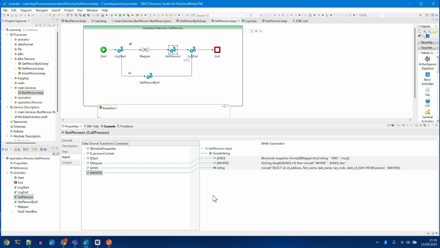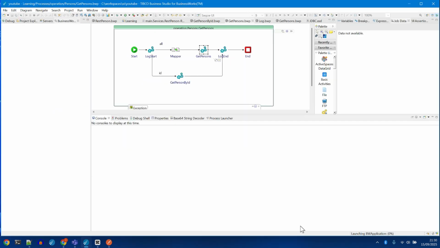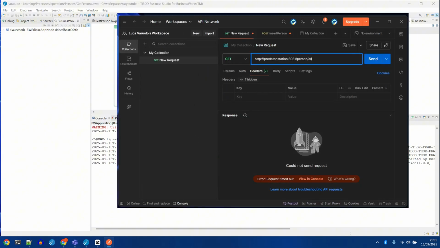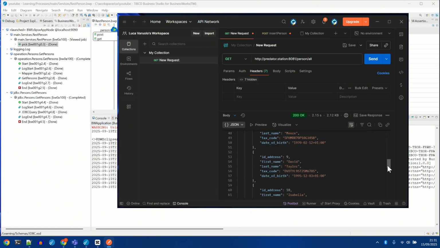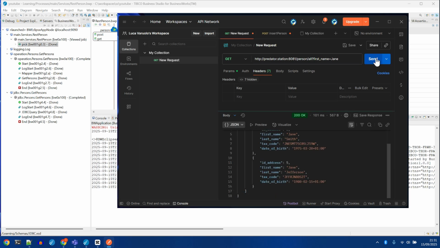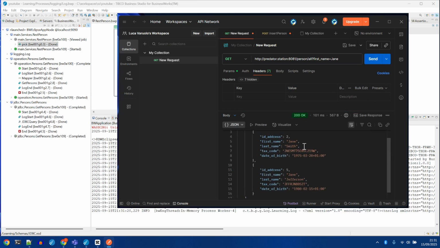It's time for the ultimate test. Let's launch the debugger. From Postman, let's send a request without any query parameters. The service returns the entire list of people. It works. Now let's add first name with the value Jane, and you'll see we get two occurrences, Smith and Jefferson. Now let's try with only the last name Miller,